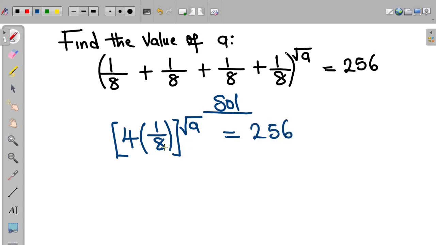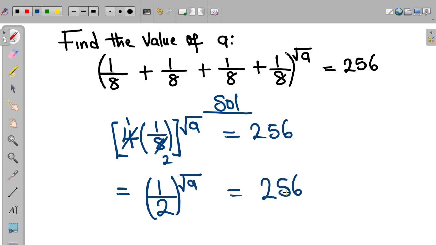At this point, we can further simplify. If 4 divides itself, we have 1. 8 divided by 4, we have 2. So we have 1/2, all to the power of root a, equal to